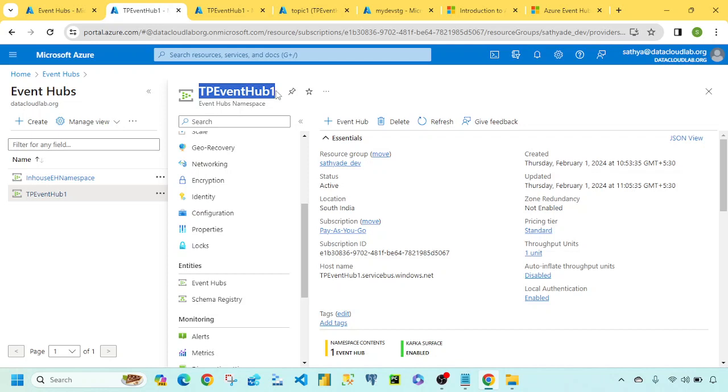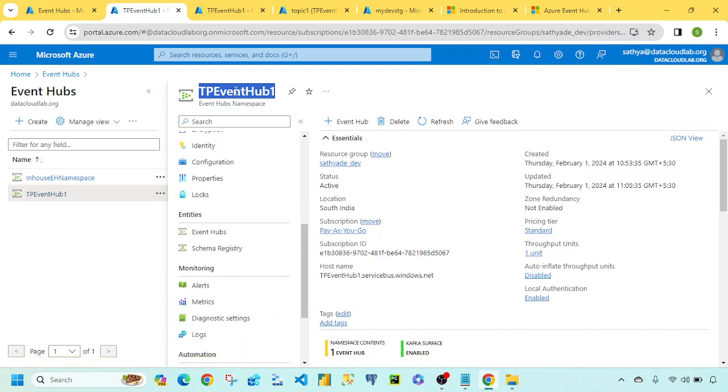And one thing to be noted here is while creating it, you need to select the tier. So there are many differences between the tiers on what it supports. So I have gone for standard. You have basic. So one thing I noticed between basic and standard is you can have only one consumer group with basic and multiple with standard tier. Okay, and then